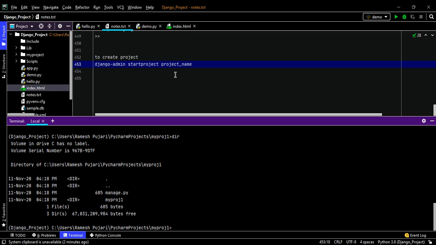When I create the app, I have to create it inside the project. The applications are where we write the business logic. Whatever Python code and logic we write, we are going to implement it in the applications only. That's why we are creating the applications.